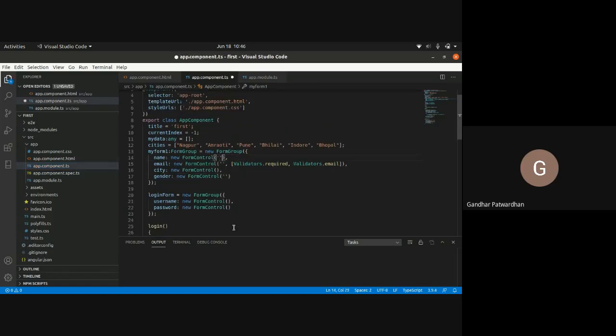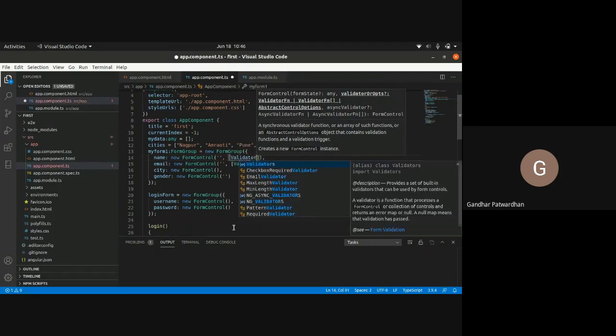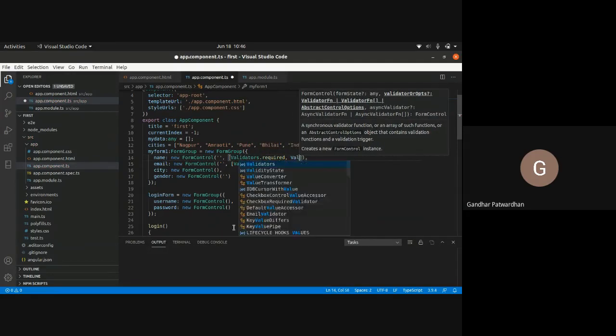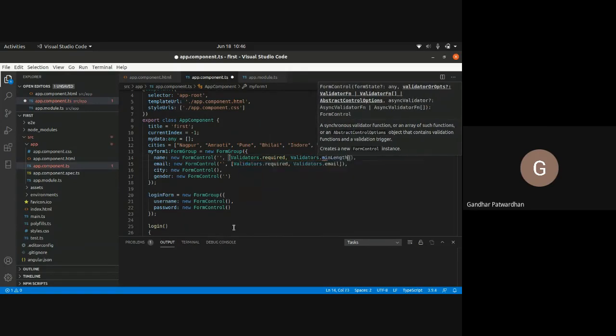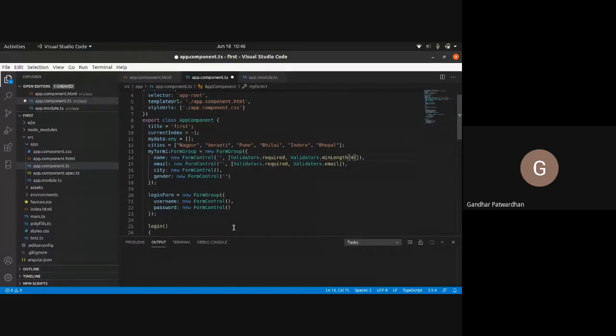I'll say Validators.required, so it is a compulsory field. That is why Validators.required. And I'll say Validators.minLength, and I'll give length as say 4. What it means is that its minimum length should be 4.